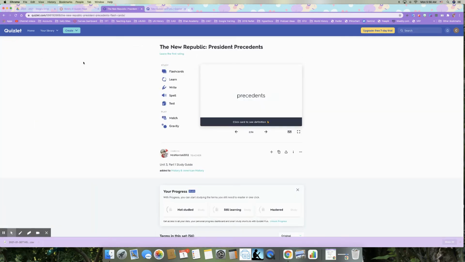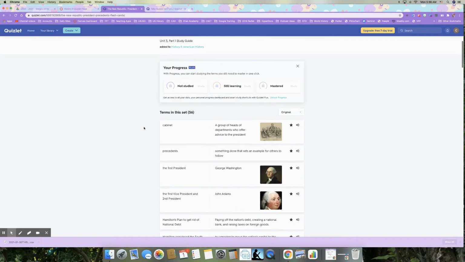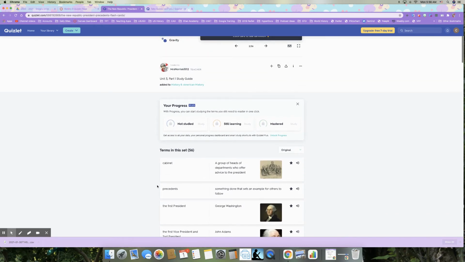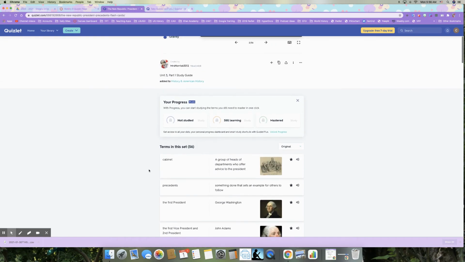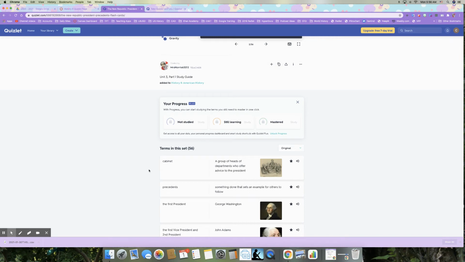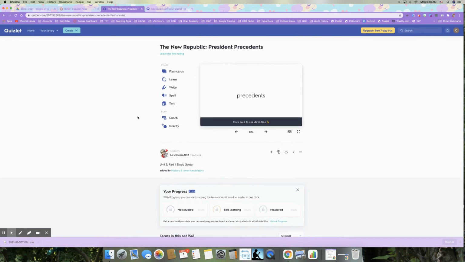Okay, so spend some time with the Quizlet before you get started on the Blooket. And like I said, the Blooket won't open until later, so use this time to practice what you should have learned in the reading comprehension activity. So you can see that we have all of the terms down below. These are the exact terms that are going to be on the Blooket. All I did was import the Quizlet into the Blooket, so they're exactly the same. This is going to let you know what you need to do, but it looks like that's a paid thing, so we're not going to deal with that.